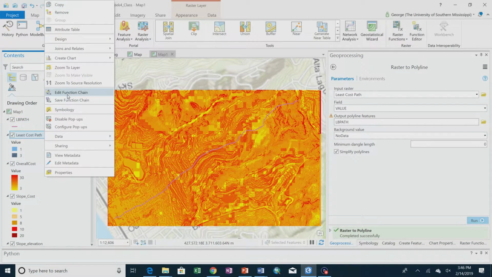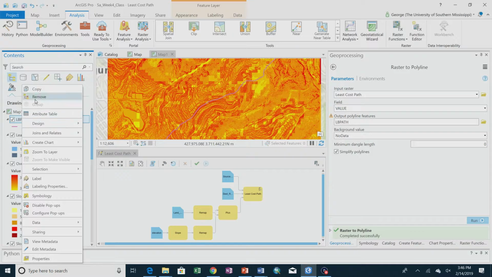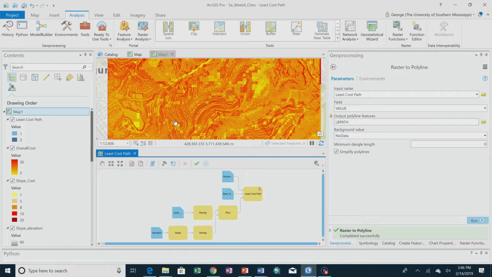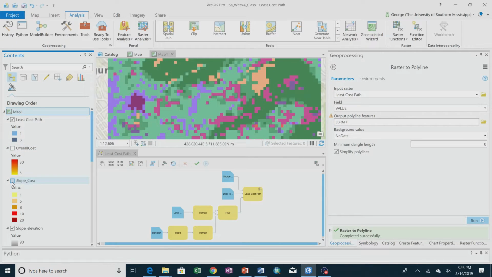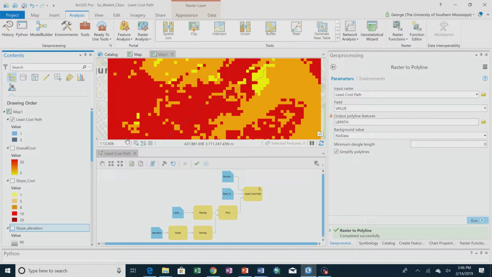Now, if we go into edit function chain down here, see I've got this function chain that I just ran. By the way, I'm going to delete this LB path. If I decide, for example, after I show this to somebody, that it's hard to see the path, anyway, if I decide after that they decide, well, you know, developed is